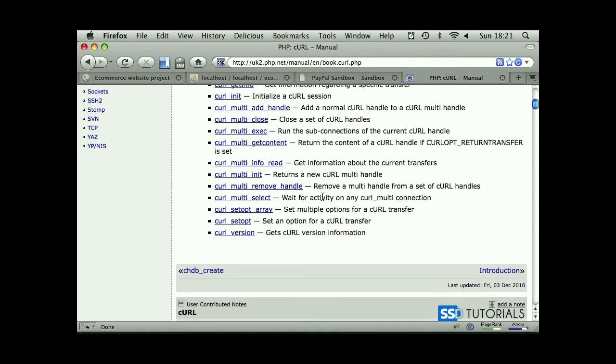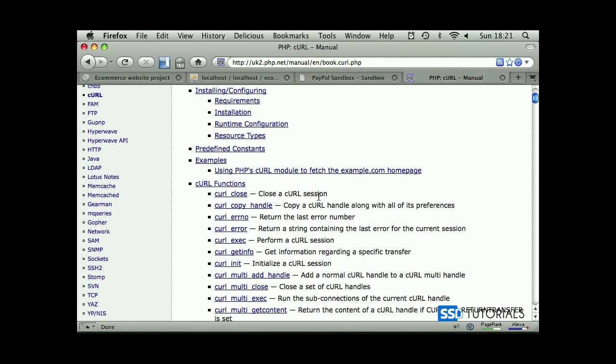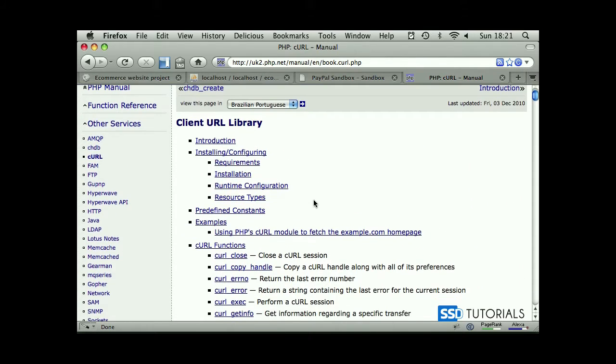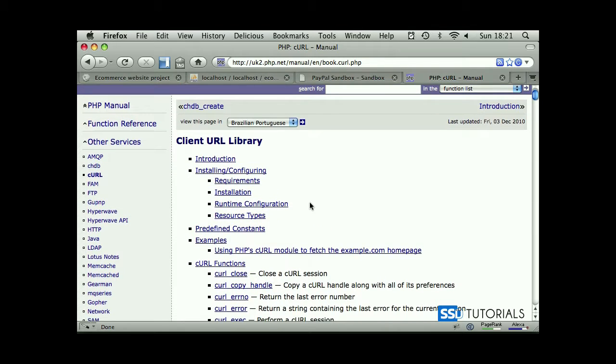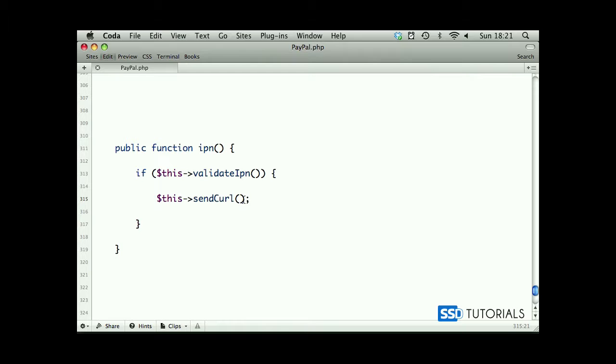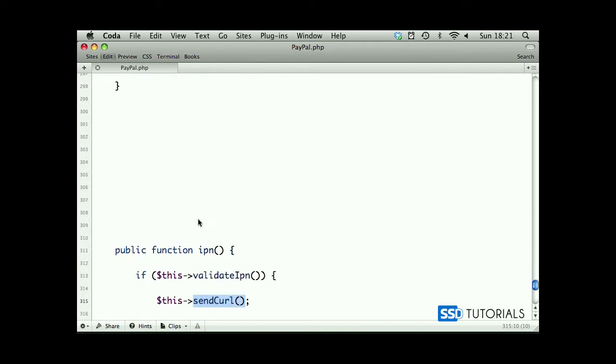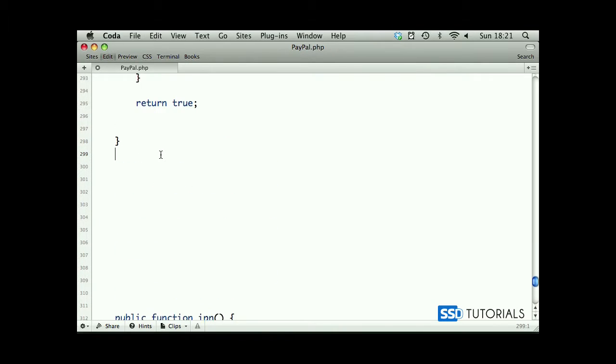This library has several different methods, obviously, functions you can use with it. So if you want to go through the whole documentation, please feel free. But let's go to our example here. If we scroll up before our IPN method and create the new private function